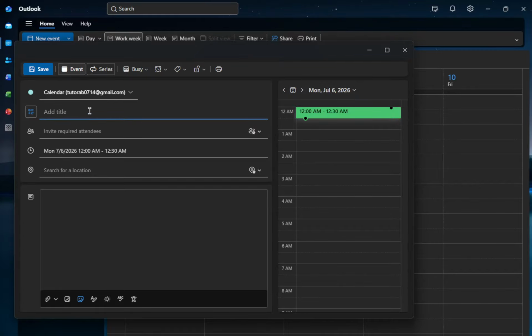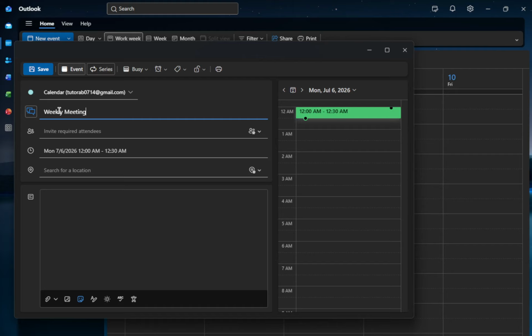If you are using New Outlook or Outlook on the web, turn on the Teams Meeting toggle. This toggle is usually a simple switch that activates the Teams Meeting feature. By enabling this, you ensure that your meeting will automatically include a link to join via Microsoft Teams. This little step saves you a lot of time later because you won't have to manually add the Teams link. It streamlines the entire scheduling process, making it more efficient for everyone involved.